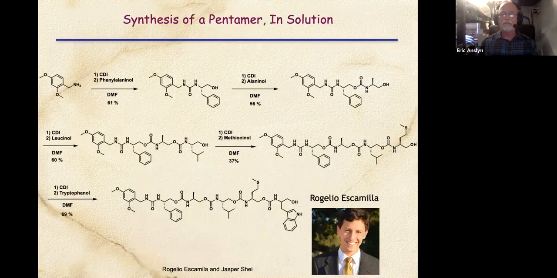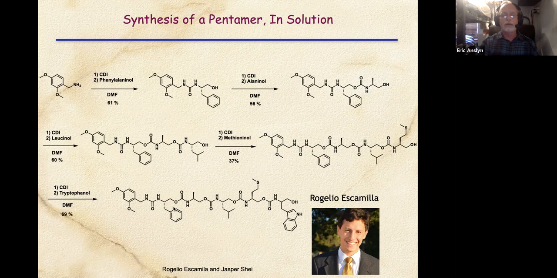So let's just start with the simplest question. Can I make a polyurethane that's sequence defined, just like a peptide or a protein? Well, here's a short polyurethane with a different side chain here, a different side chain there, here, there, here. You can see that's a single molecule, and I'm going to show you heptamers in a moment, where each side